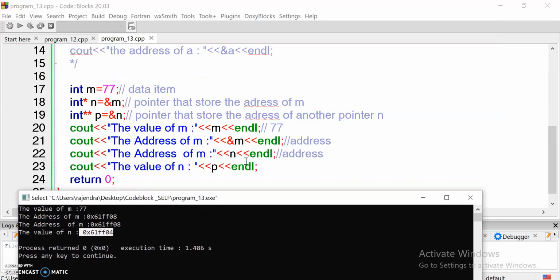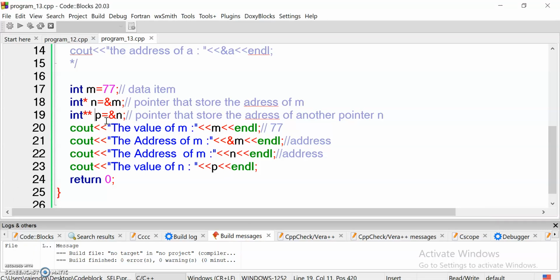We print the value of p that stores the address of n, so it prints the address of n. So here I just have to change it: the address of n is p.